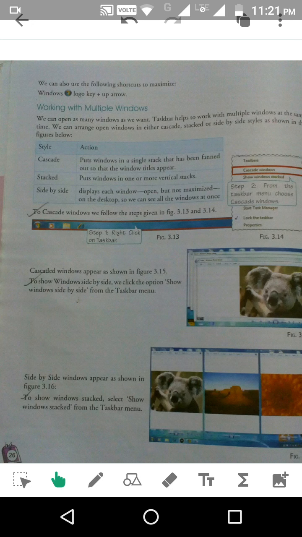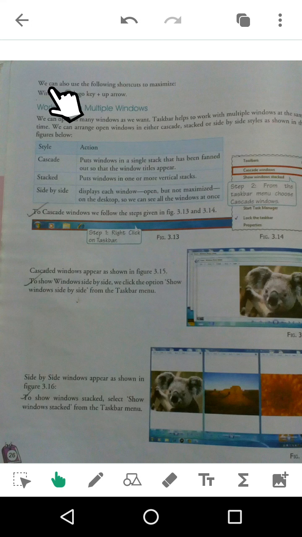Now you will learn about working with multiple windows. Suppose in the middle section of the taskbar you have opened several applications. Now how to view them? We can open as many windows as we want. The taskbar helps to work with multiple windows at the same time.